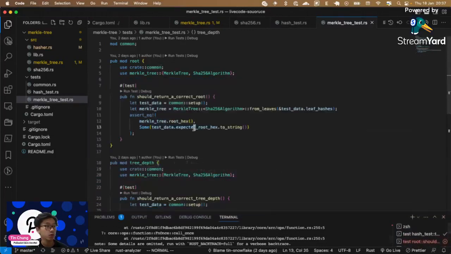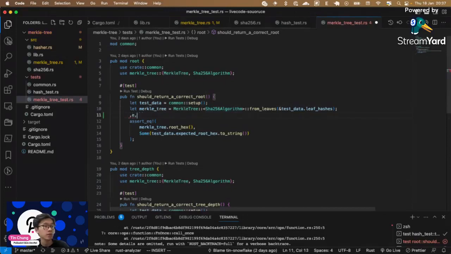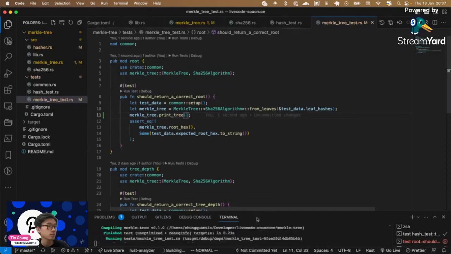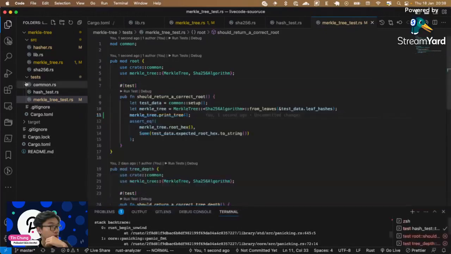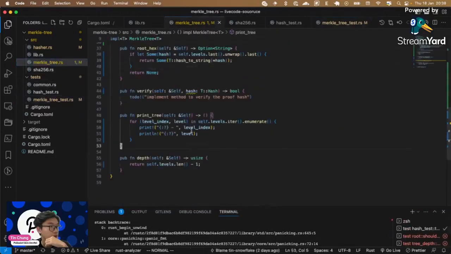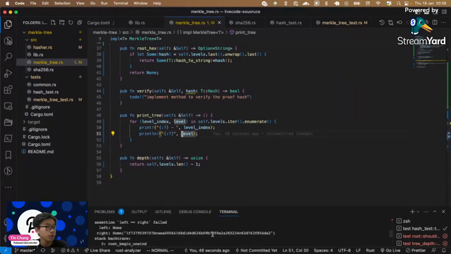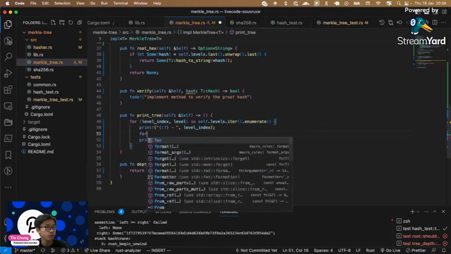So what should we do? Because we have a method to print tree, so we just print it out. Oh, I should have printed it in the string instead of the whole text. So each level is a vector, right? So we go for